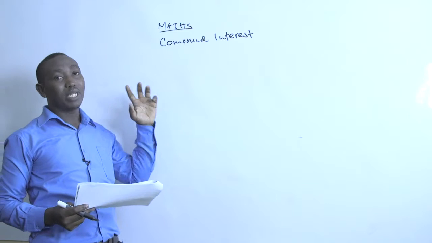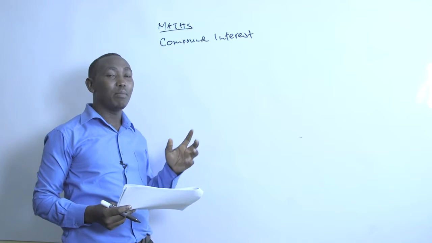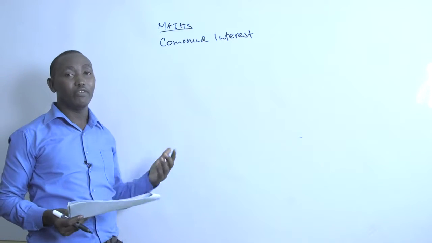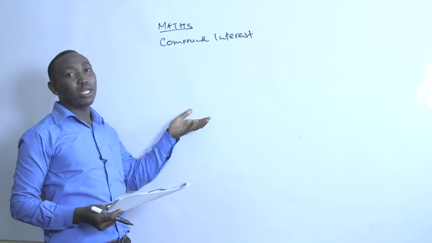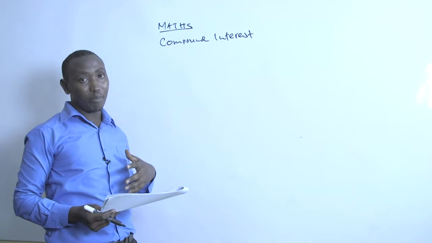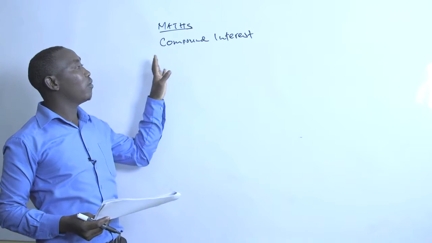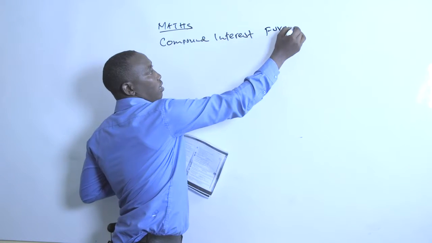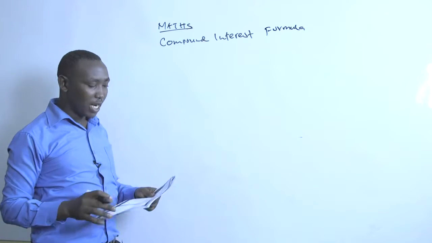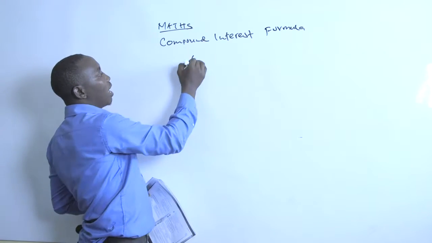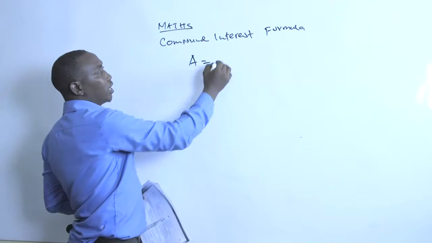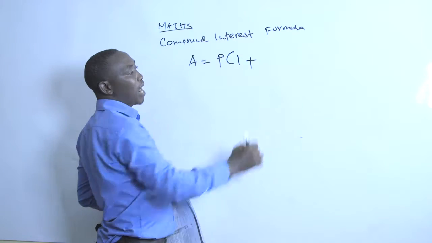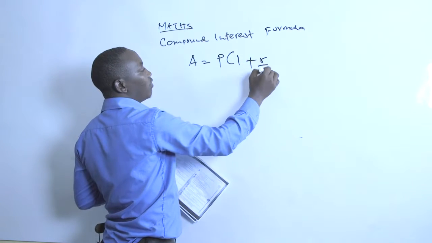But because sometimes you can be asked to calculate the total amount that will accrue after maybe a longer period of, let's say, 15 years, you may not need to go step by step. What you need is what we call a compound interest formula,